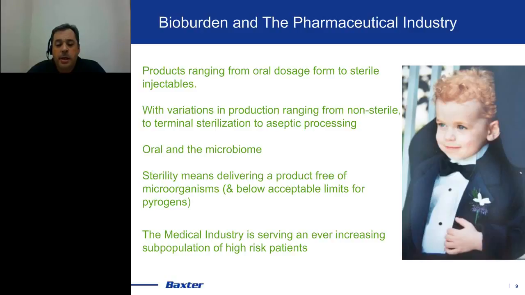The young gentleman in the picture here, his name is Alex. Alex is a type 1 diabetic, and as such, he needs to take insulin multiple times a day. And with diabetes, as he continues to grow older, he is going to have some challenges around his immune system. And so he'll need to continue to take medication, and that medication has to be free of microorganisms so he can safely take it without having risks of receiving an infection. And once again, this is an increasing population with things like oncology and autoimmune diseases, other diseases that have left an increasing portion of our population susceptible to infection.